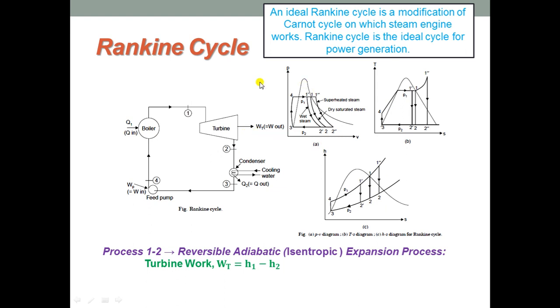But the work output of the turbine in all these cases is given by the enthalpy difference of initial state to the final state. So, here we have written it for dry saturated steam and it is given by H1 minus H2. If it is a superheated steam, this becomes H1 double dash minus H2 double dash. Similarly, if you are written for wet steam, it becomes H1 dash minus H2 dash. Ultimately, the turbine work is based on the difference of initial enthalpy of steam to final enthalpy of the steam.